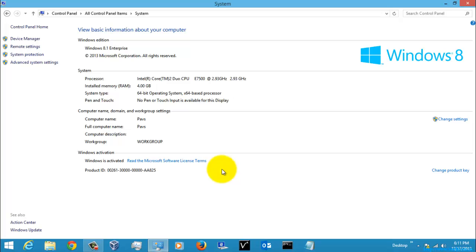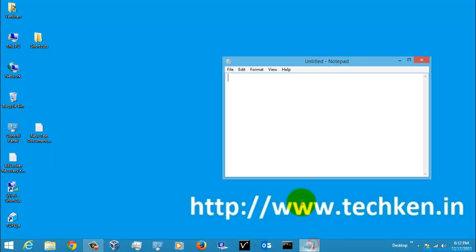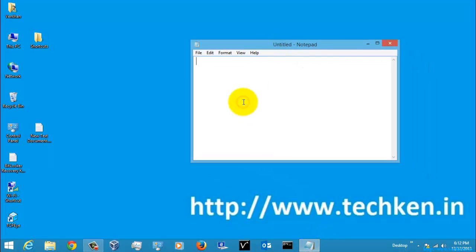system properties. So here you can check the RAM and the system type and the processor type and whether the system is also connected to the domain. So many things you can check here, but you cannot check the graphic card in this place. So for that you have another option. So I'll just type two commands which you need to use for checking those graphic card, and the one is